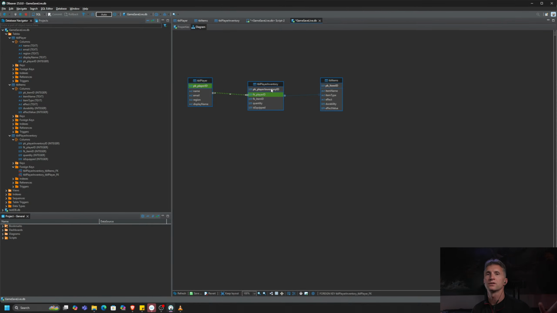Whatever it is, they want to delete their account or they make a new one. When they delete their account from table player, what you can do is set these relationships up so that if the player gets deleted, it will automatically go to the inventory. It will find everything associated with that player and it will delete the inventory,